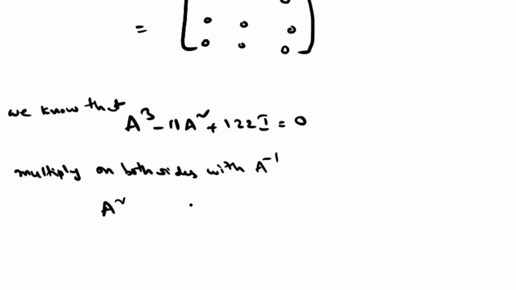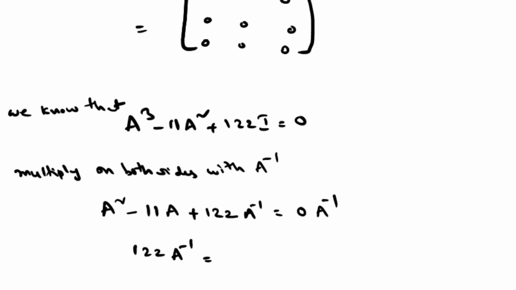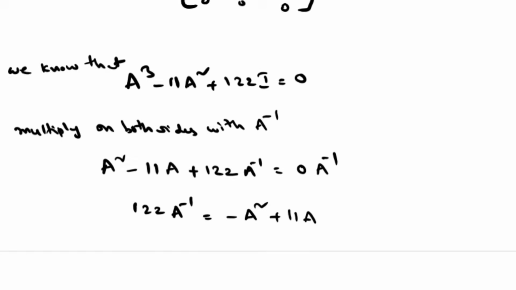Its value is A square minus 11A plus 122 A inverse is equal to 0 into A inverse. 122 A inverse is equal to minus A square plus 11A. A inverse is equal to 1 by 122 into